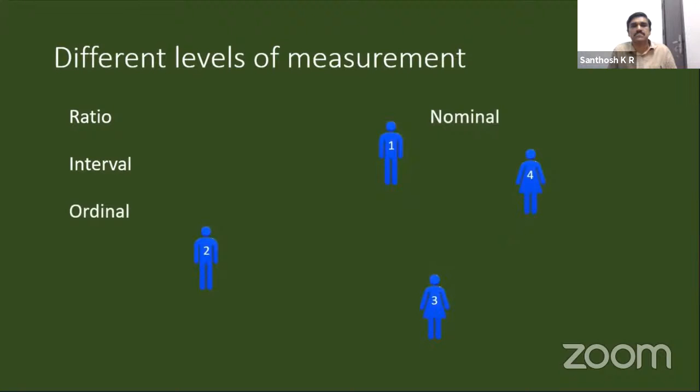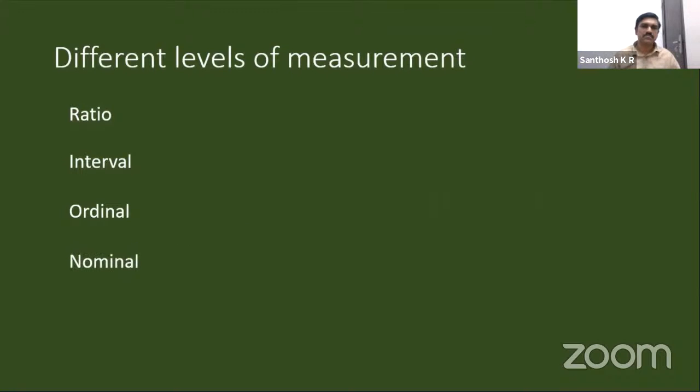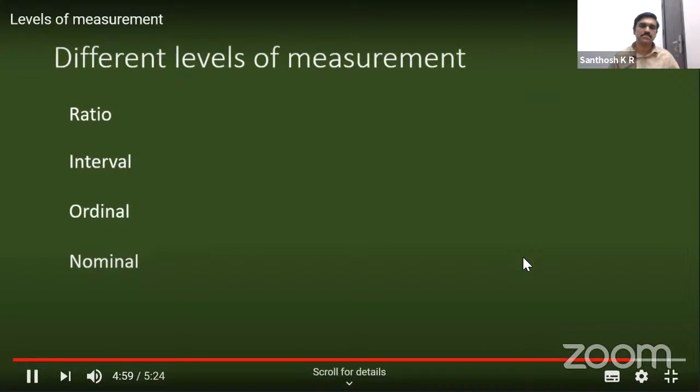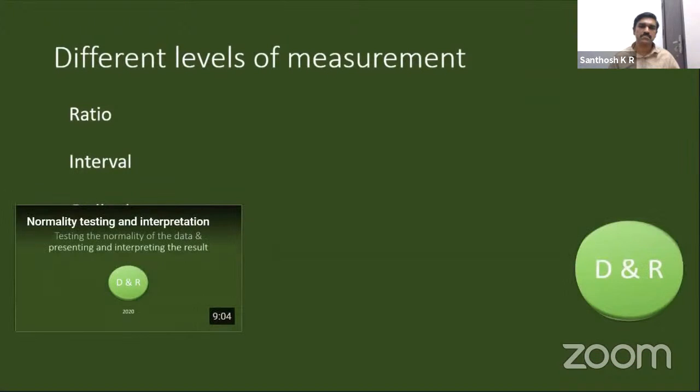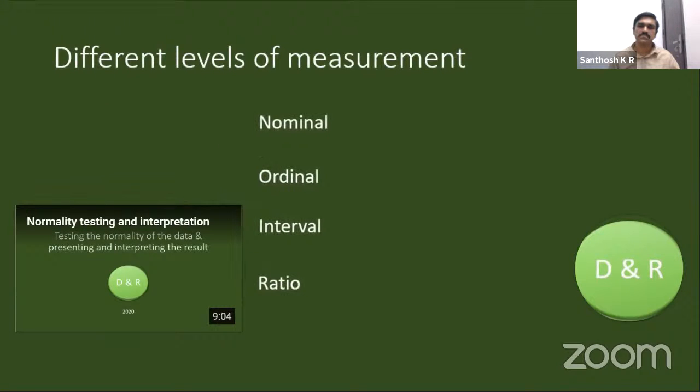If we are using the values or numbers to recognize the people or place or situations, etc., we are using nominal level of measurement. We use numbers to name the people here, just like our register number, jersey number, etc. These are the 4 levels of measurement. Among these, ratio level is the best in its precision, and nominal level is the least in its precision. And this is how we used to present it.